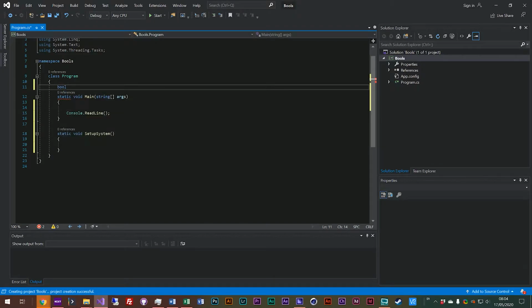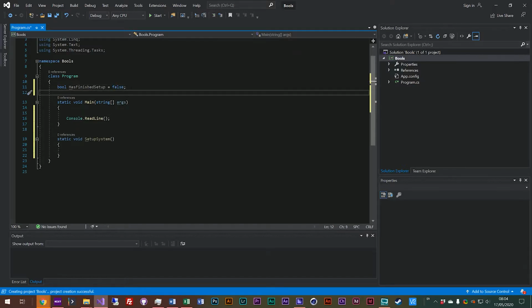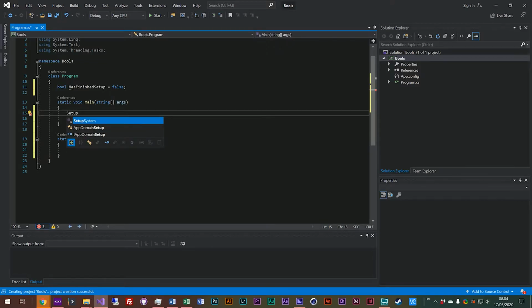I'm going to call this one has finished setup, and we're going to say that's equal to false. So because when our program starts we haven't finished setting it up, we're going to say that's equal to false. And we're now going to call this setup system from our main function. So we're going to say setup system,